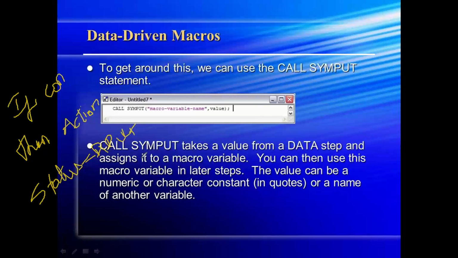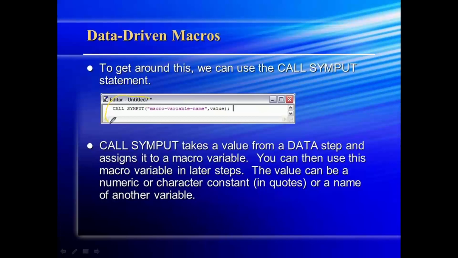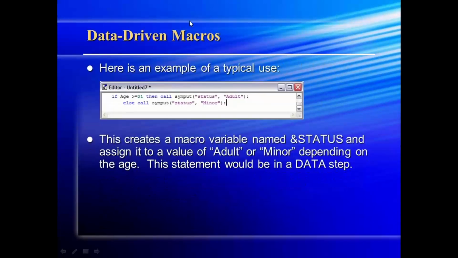But as you can remember, here we are creating a variable which is not a common variable, but a macro variable. So we cannot create macro variables as simply. In order to create that macro variable, we are going to add one other statement called call symput. It creates a macro variable and a value for that. So what you add here is: if condition, then call symput, macro variable and a value.